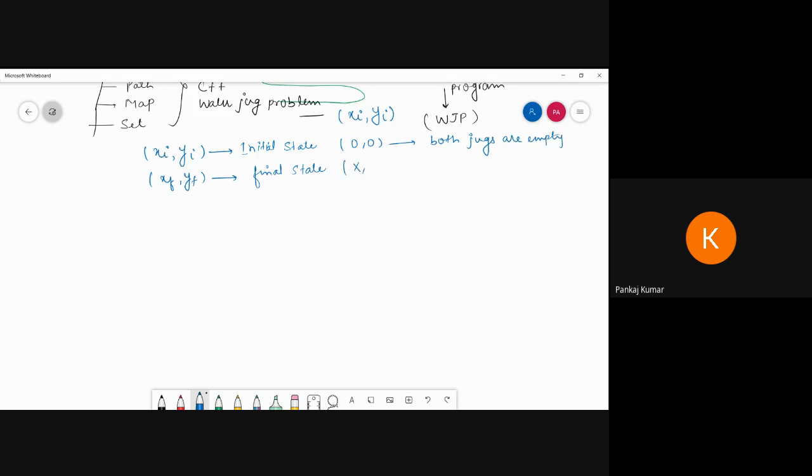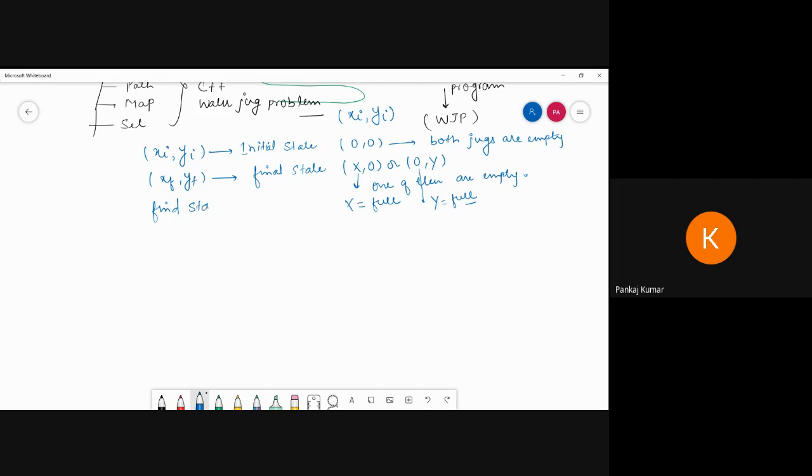Suppose you are getting a value like this one, that means one of them is empty. If this represents that x is full, and this represents that y is full, and 0 means this one is empty. So these are the assumptions we have to follow.